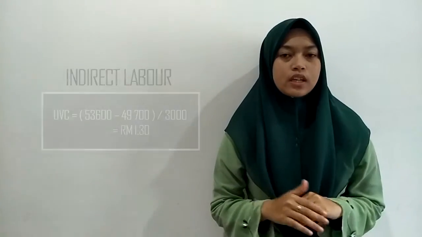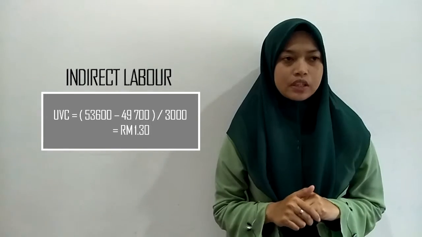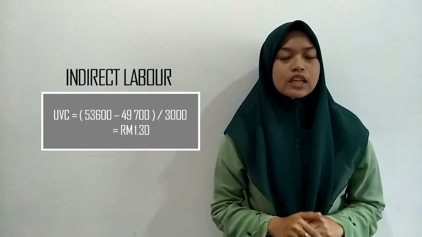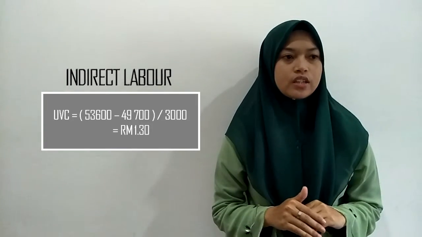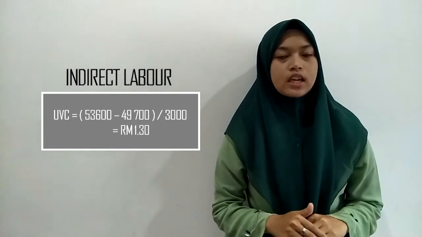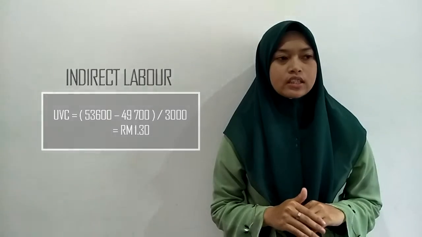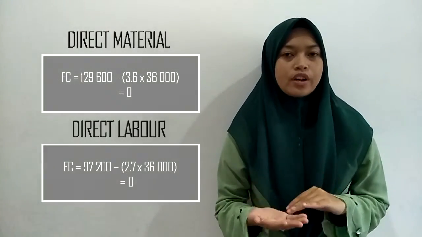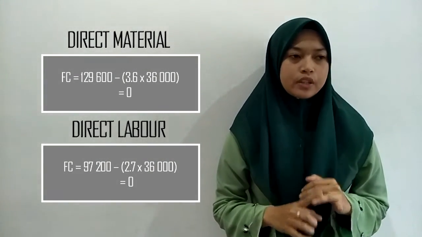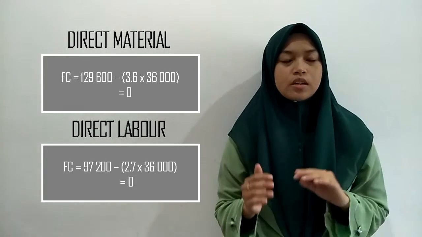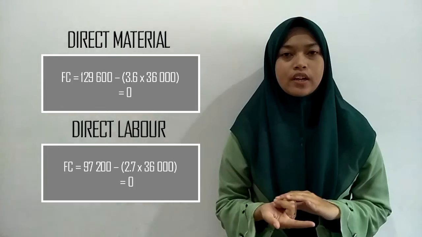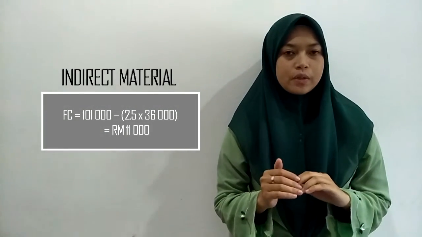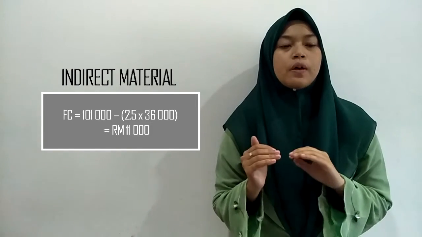Then the last one is UVC for indirect labor: 53,600 minus 49,700, divided by 3,000. Then we got RM 1.30. For direct material and direct labor, there is no fixed cost because the cost behavior for direct material and direct labor is variable cost. For indirect material, the fixed cost